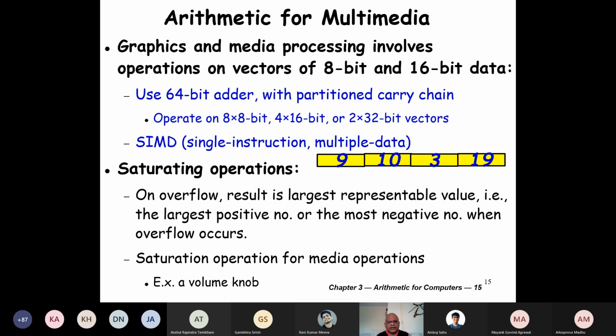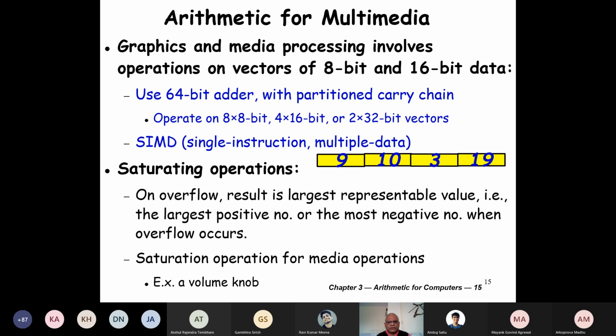But one thing about these operations is that they are saturating operations. There is no overflow here basically, because if we add 2 large numbers, they set at the largest value. If we add 2 negative numbers, they set at the most negative value.